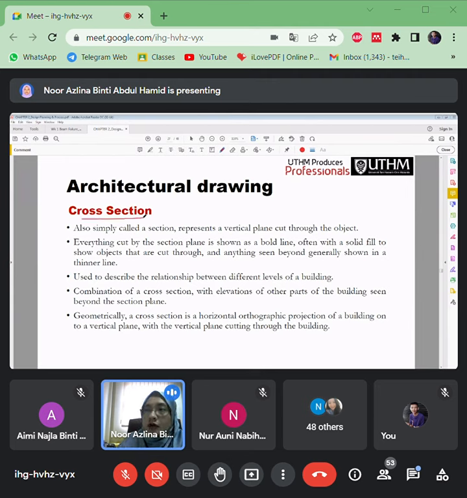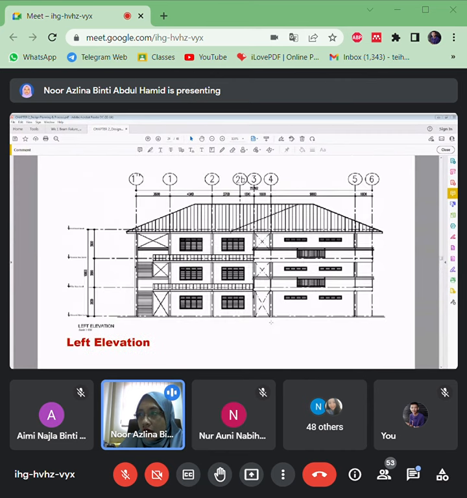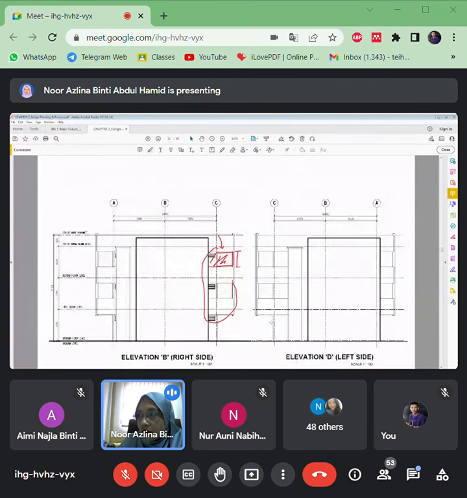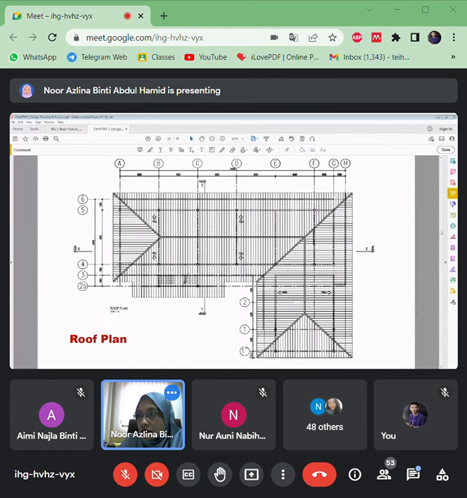Okay, then cross sections. Ada juga view from the cross sections. Let's say this is the section X1. If you look at from the layout, pergi layout. You nampak kat sini. Kan ada Y kat sini. Actually, this is the cross section. So nanti akan ada drawing sections Y. Same goes for this X here. There will be other drawings to show the cross section of X.